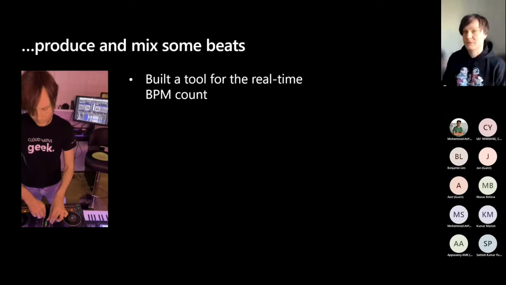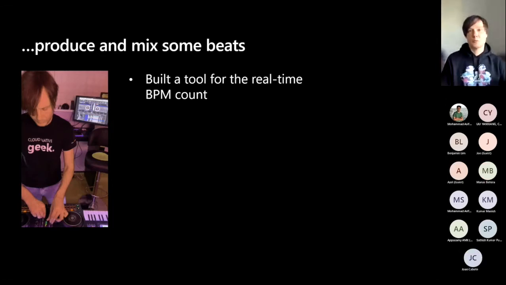This is very useful information if you want to mix two tracks together, especially if you play or produce one of the tracks live and you don't have a digital counter like on DJ players. So you really want to get at least a rough understanding of the tempo from the music you hear. So I built this tool myself because I couldn't find anything stable, free, and nicely working.